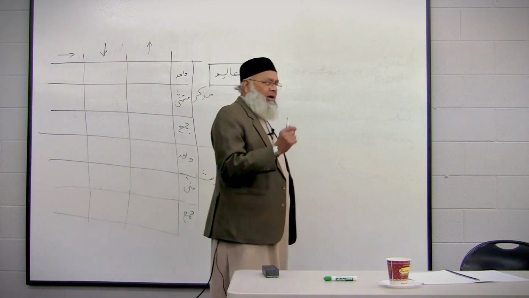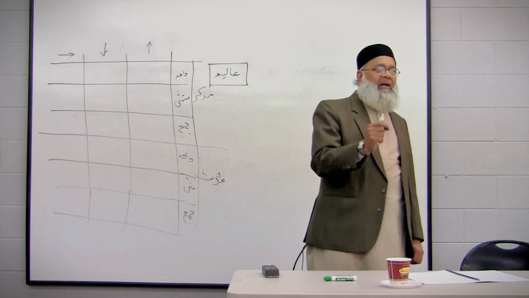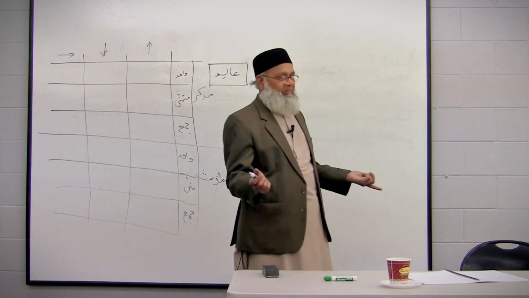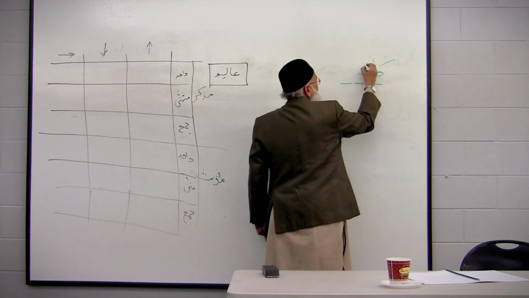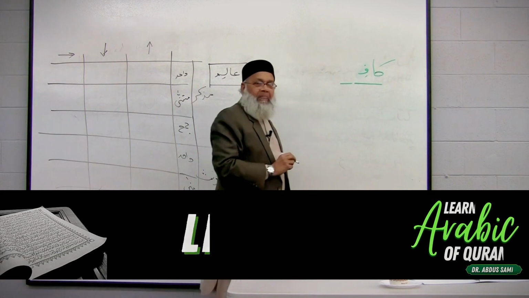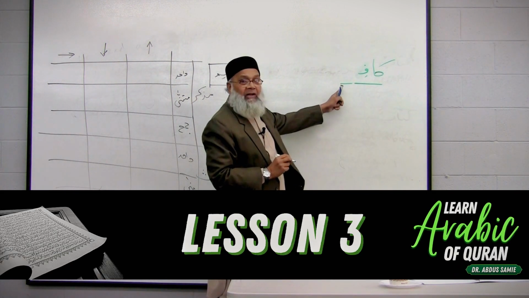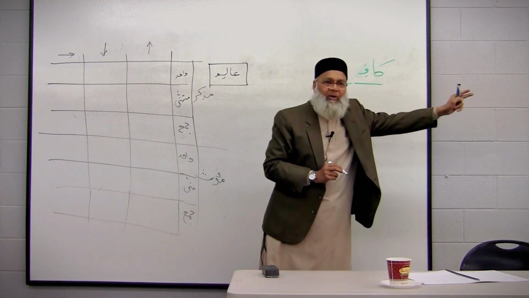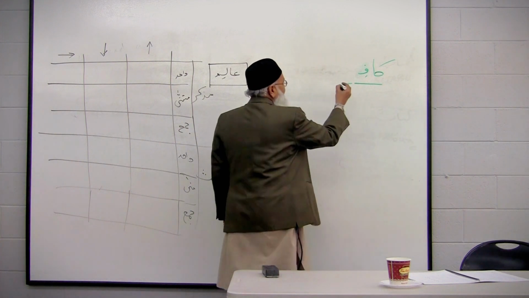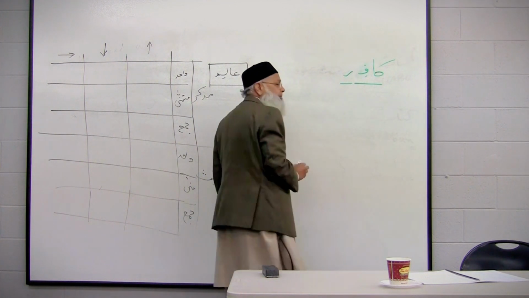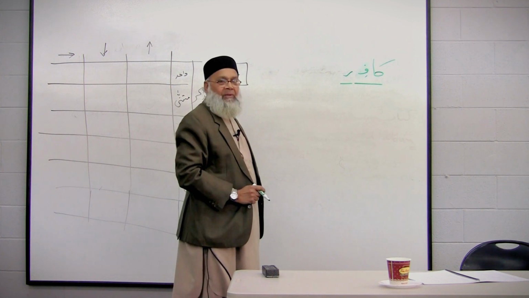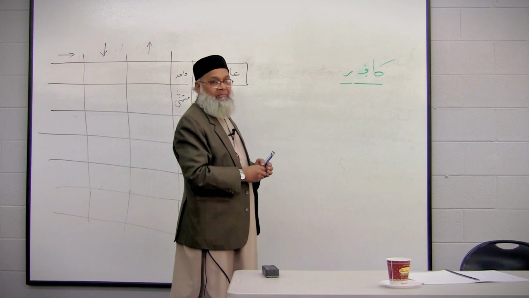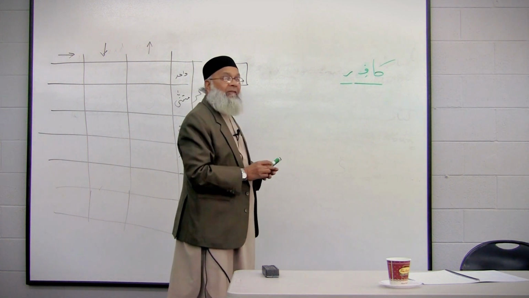To convert any singular noun to musanna form, the method is very simple, and that is the last letter of the noun is being indicated with a small line, and all before that with a long line. So it was kafir. Right? So we have to convert it into musanna. Now, musanna will be different